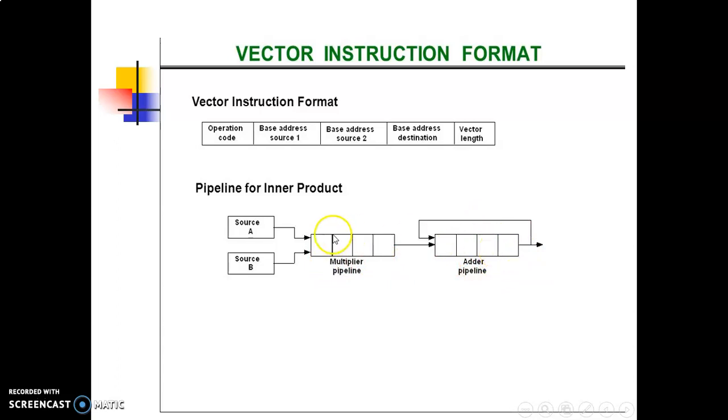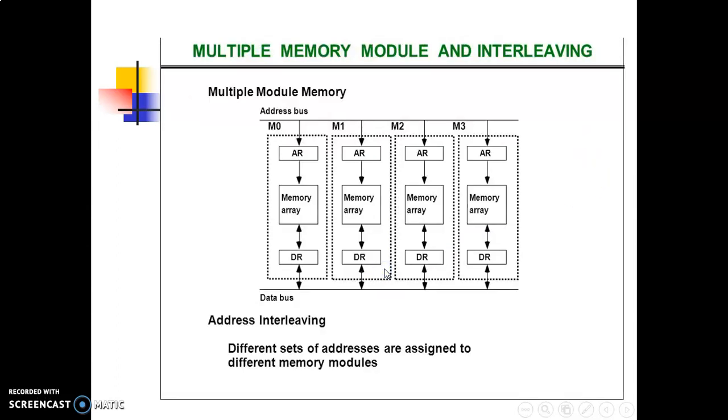From here we can see that this pipeline can compute A dot B, meaning A1 B1 plus A2 B2 plus A3 B3 up to AN BN. This is one example of a pipeline implementation in vector processing.